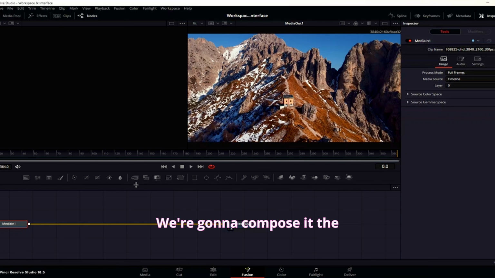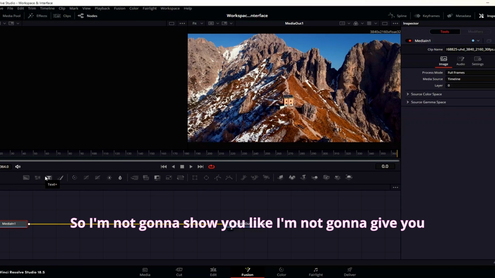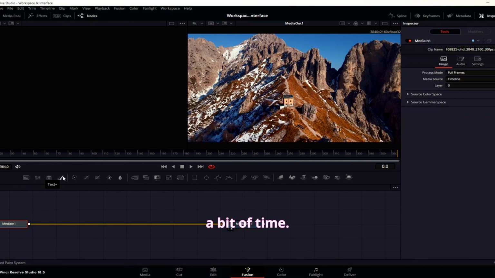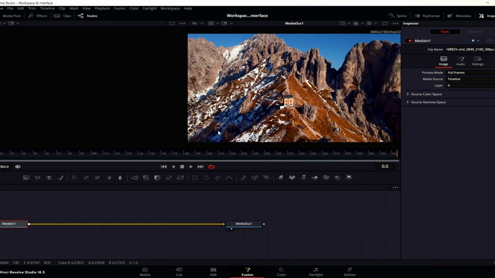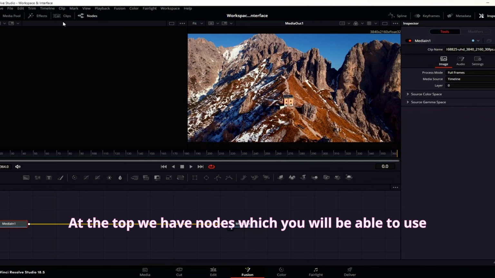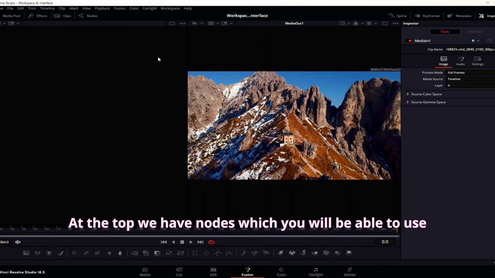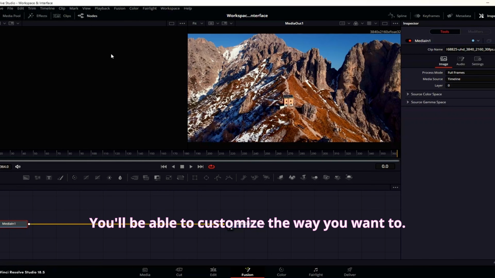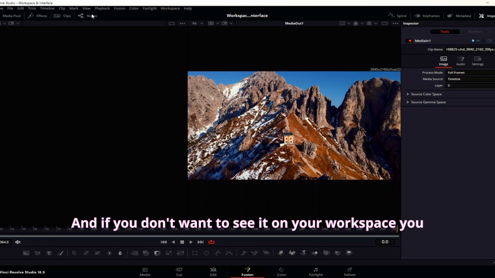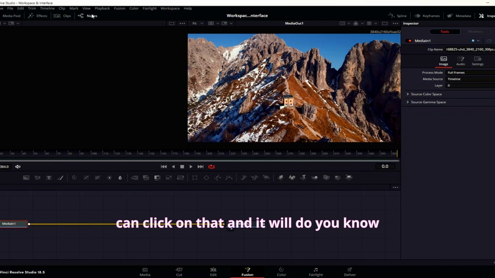We're going to compose it the way you want to with Fusion. So I'm not going to give you an example right now because it takes a bit of time, but I have a whole separate lesson just about Fusion. So make sure not to skip any part. I'm just showing you the workspace. And at the top, we have nodes, which you will be able to use to see the composition, which is based on the nodes you can see over here. You'll be able to customize it the way you want to. And if you don't want to see it on your workspace, you can click on that and it will be